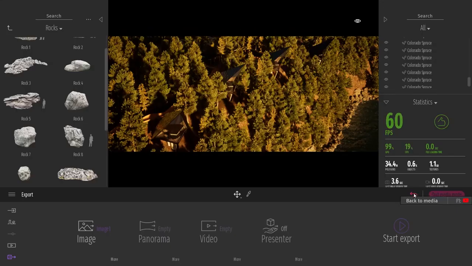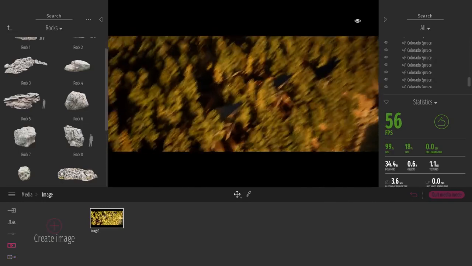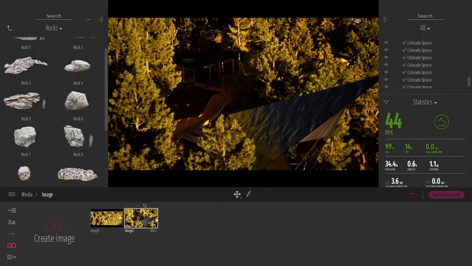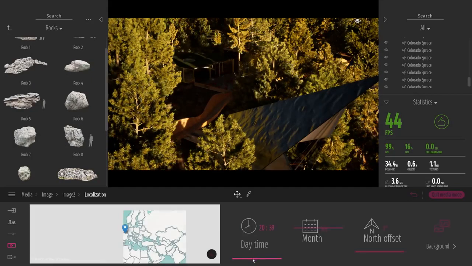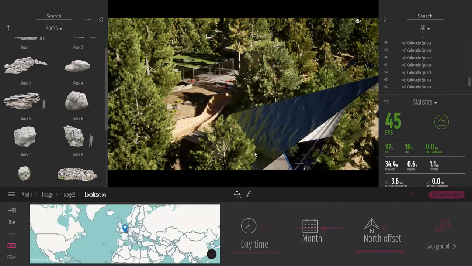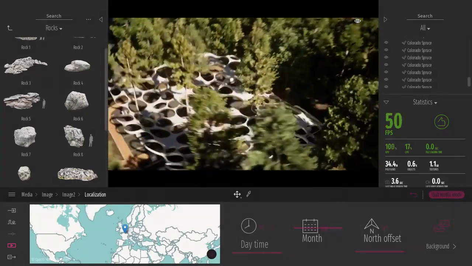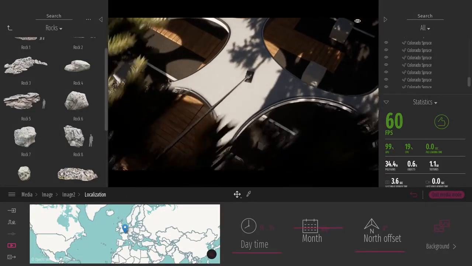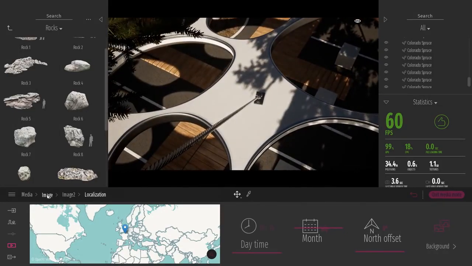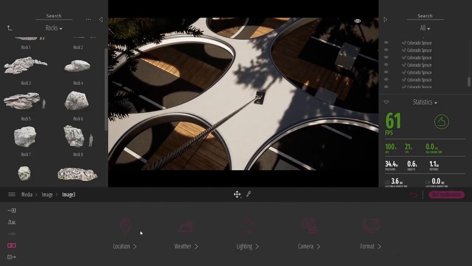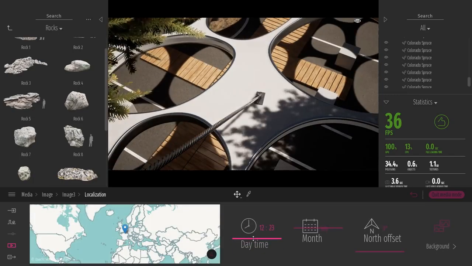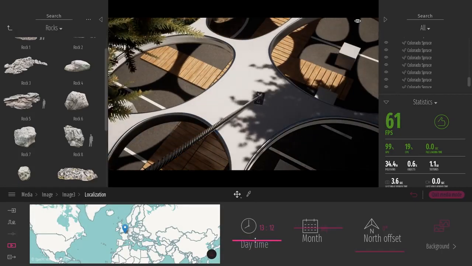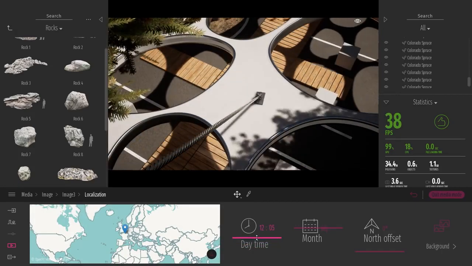Back to Twinmotion, let's actually create some other images so we can have one closer to the main lobby of the hotel. I can change the time of day in this specific image. We can have another one in the parking area, somewhere like that. Same thing here, just going to change the time of day, so we have some. As you can see, you can really visualize how the time of day will affect the lighting inside your project.